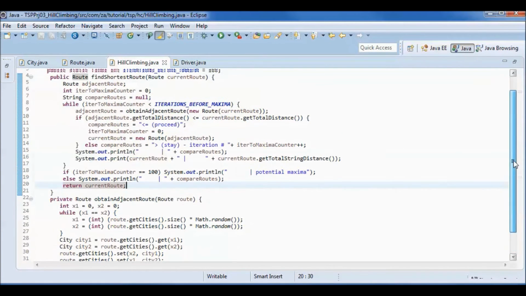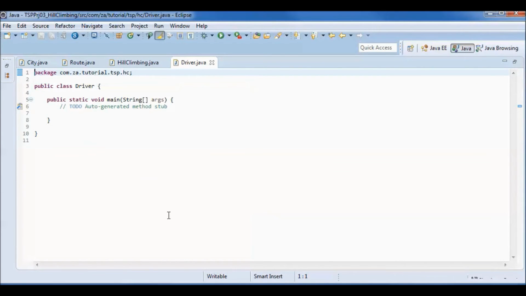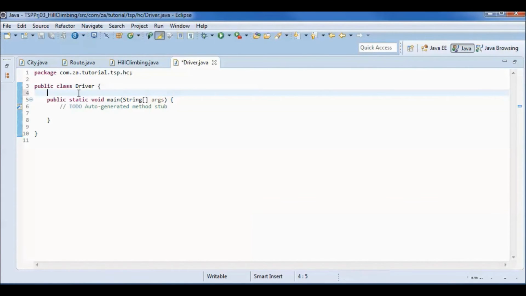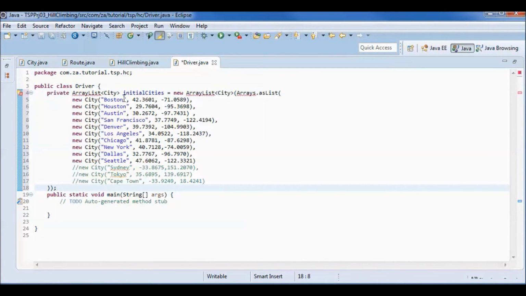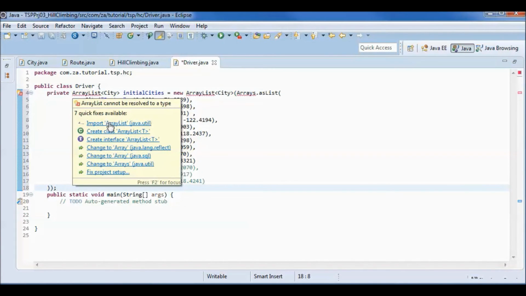And next let's go to the driver class. Now here let me define this array list of initial cities.